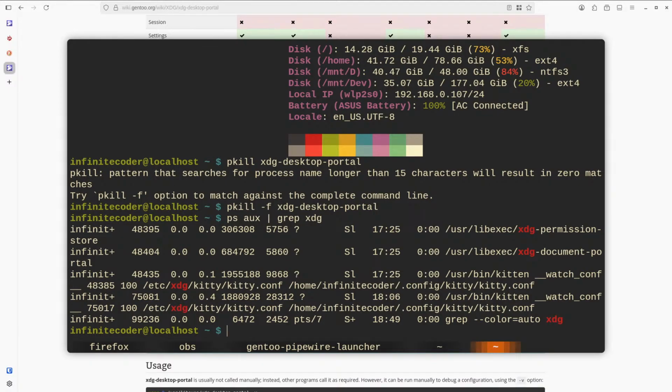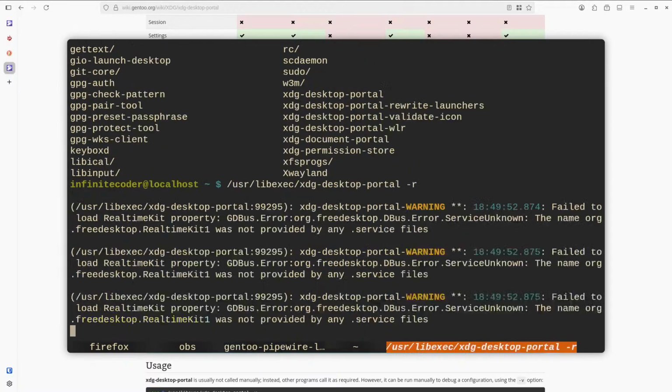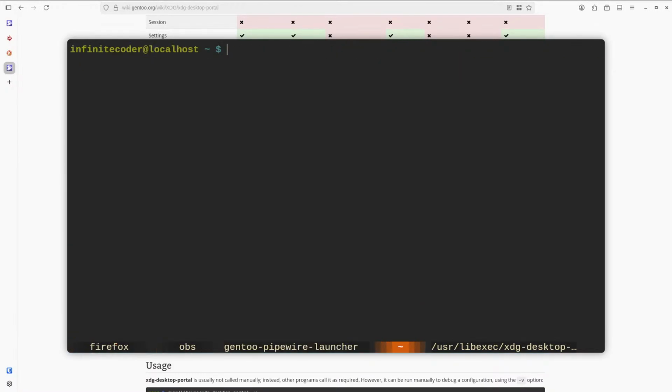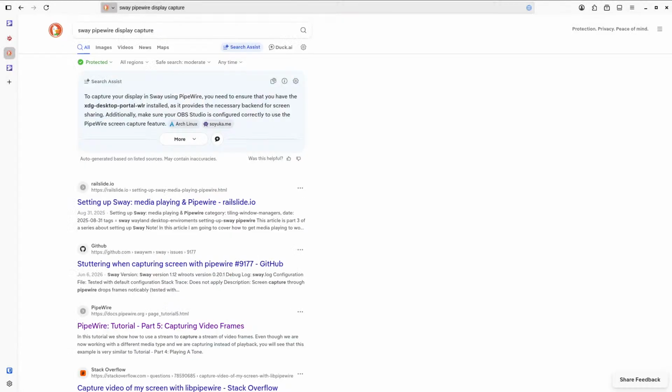I mean, maybe it doesn't. Anyway, I can do /usr/libexec/xdg-desktop-portal -r. This is how you start it, and this might fix the Pipewire issue. I'm gonna do this. Now, oh we built. Now ffmpeg. How do you check the API?